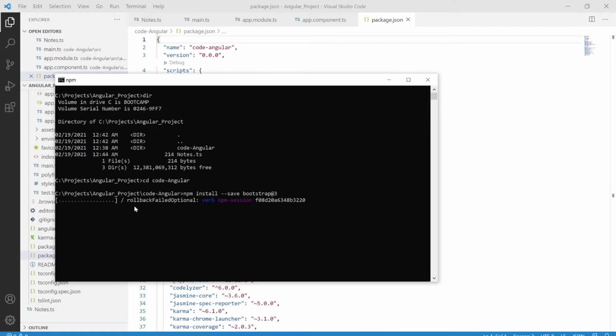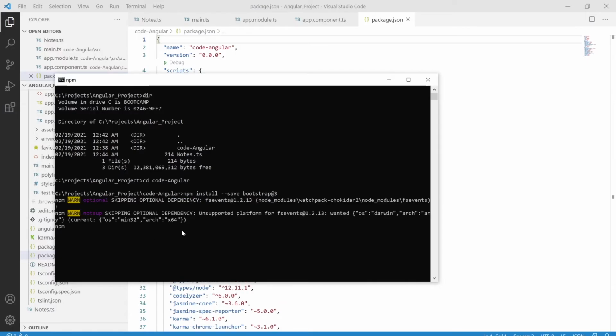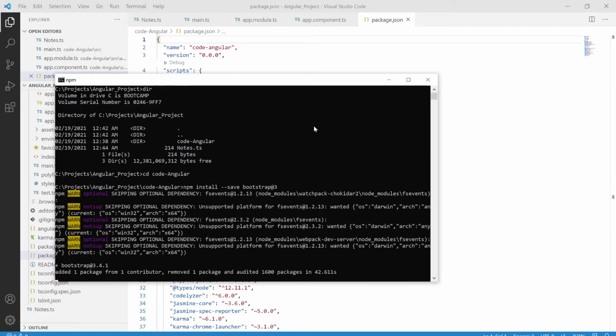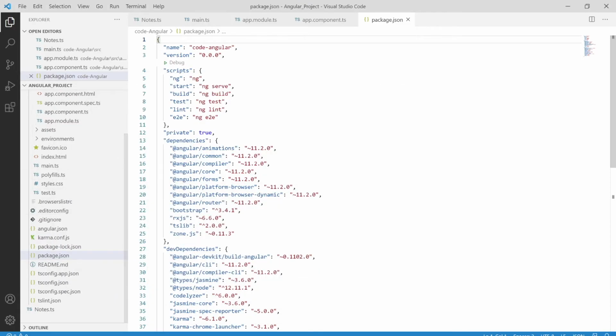And we have to include it in our angular.json also. Angular doesn't know I have installed these libraries, so I want to explain to Angular, hey, I have installed these files and you have to use that particular Bootstrap CSS framework. As you can see, after hitting this, it's going to download Bootstrap 3.4.1, which is the latest third version available. So as you can see, it's downloading. So let me show you where it's going to download it.